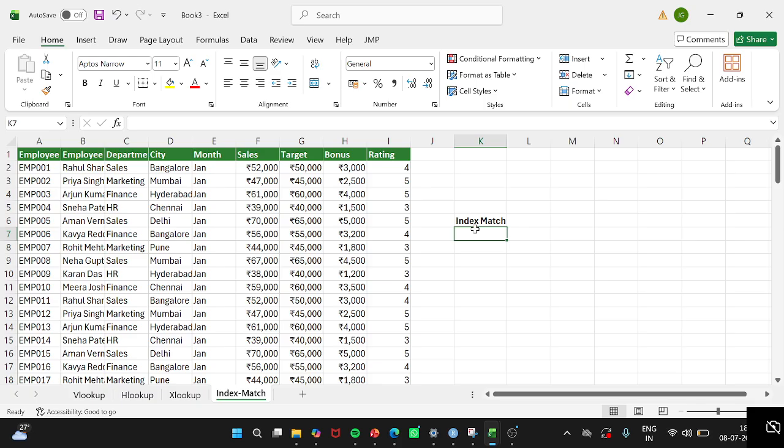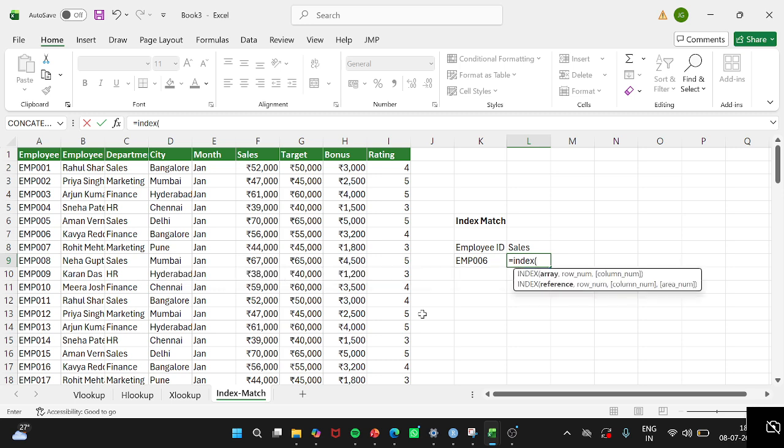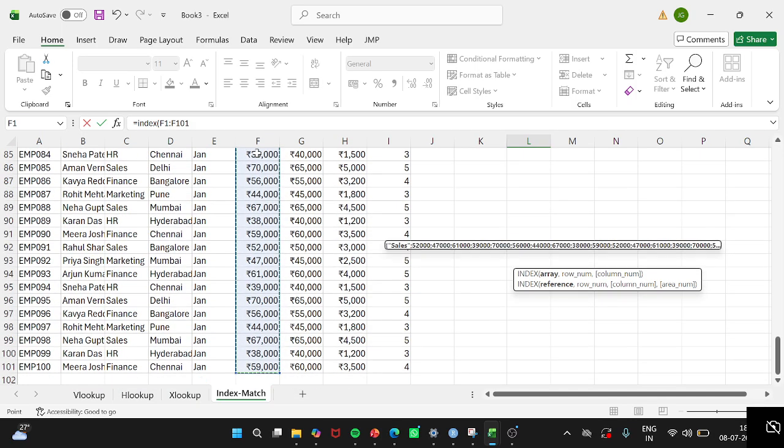What is index match first of all? So for a given employee ID, what are the sales he has done at a particular time? Okay. So let me keep employee ID 6 here. Now I want to check the sales of a particular person from a given data set. Now I'll apply equal to index. From which column do I want the values? I'm seeing the sales one, right? So sales, comma, match,